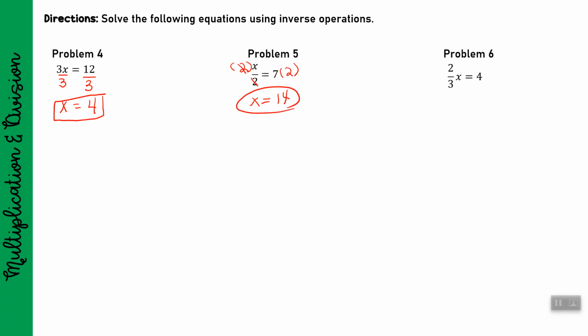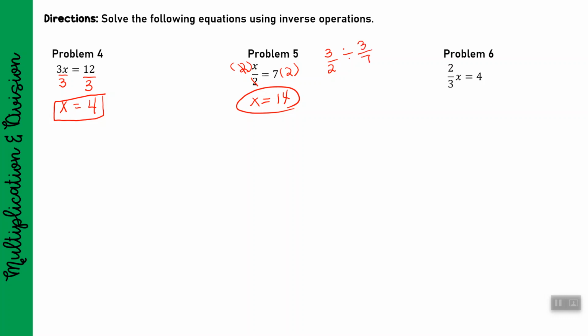Lastly, it's a fraction. Yes, I know. Well, this is a coefficient. 2/3 is a coefficient, just like 3 was on problem number 4. Well, coefficients are being multiplied, so the inverse operation of multiplying is to divide. But if we think back to when we first learned about multiplying and dividing fractions, if, for example, I had 3 halves divided by, let's say,